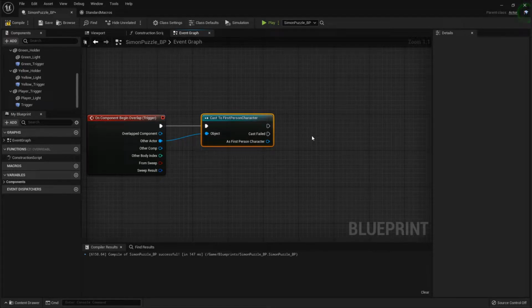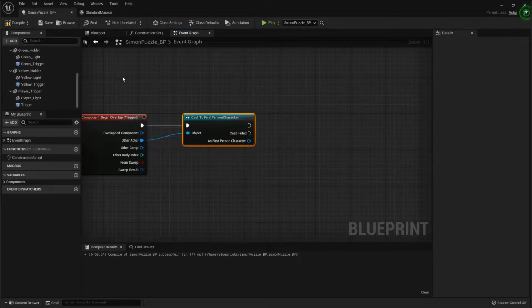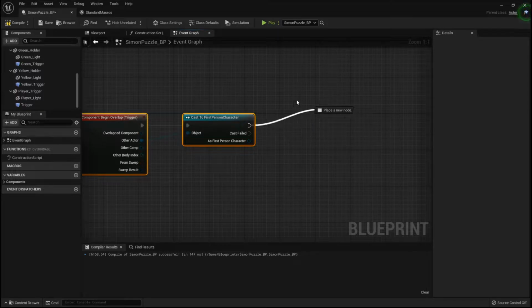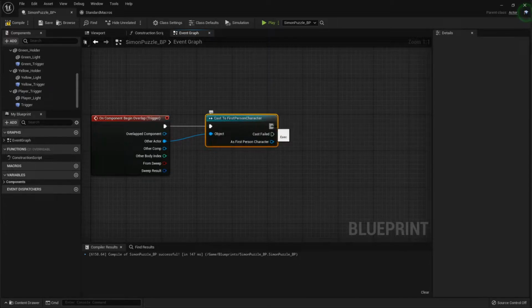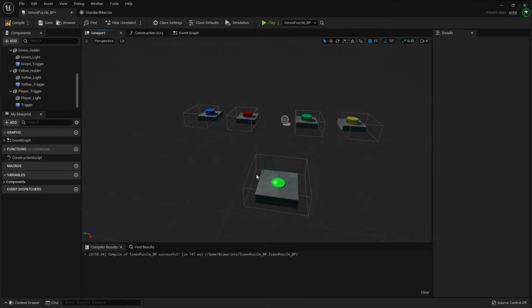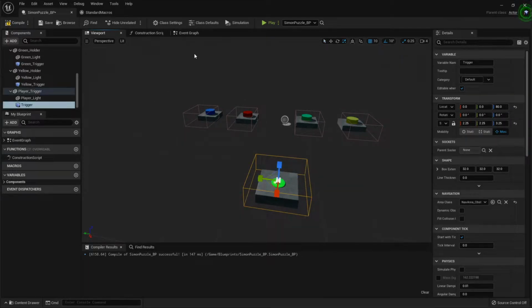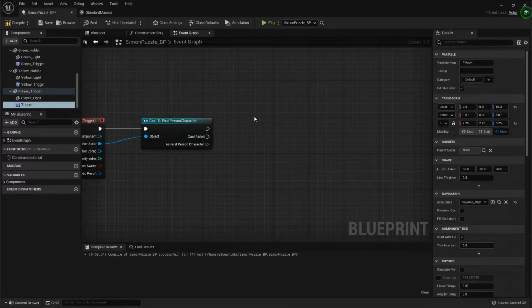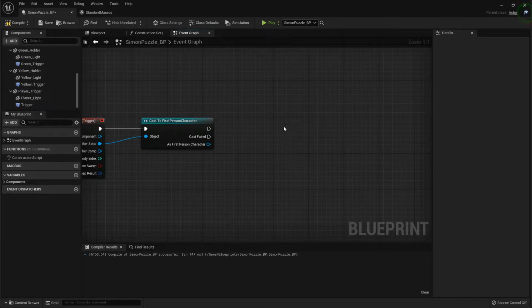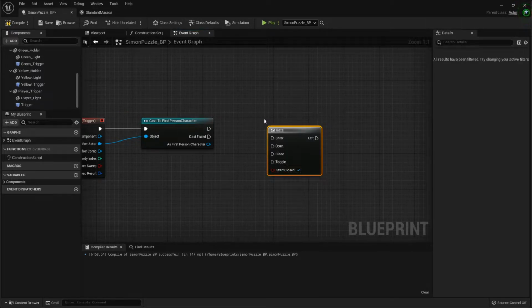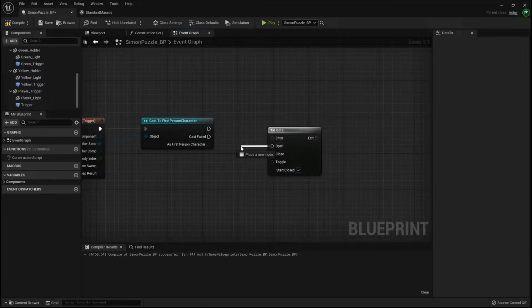Well, okay, so with it set up like this, we would trigger all the other functions and events and everything right as we walk over the little trigger here. I don't really want that. I just kind of want this to be opening the gate, right? The way I did that, guys, was I held G and I left click, or you can just right click and search gate. Either way, we're gonna plug in the open